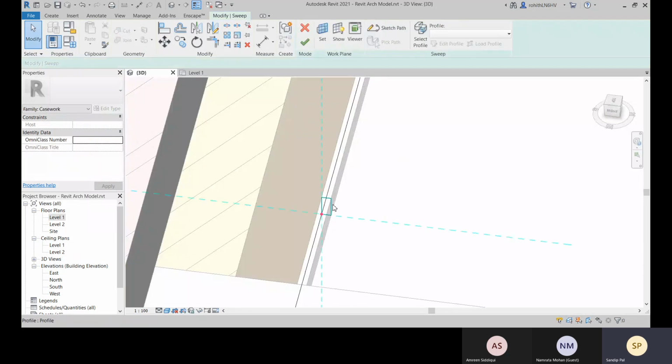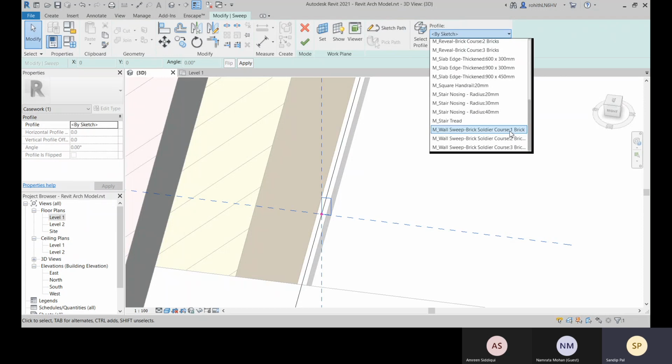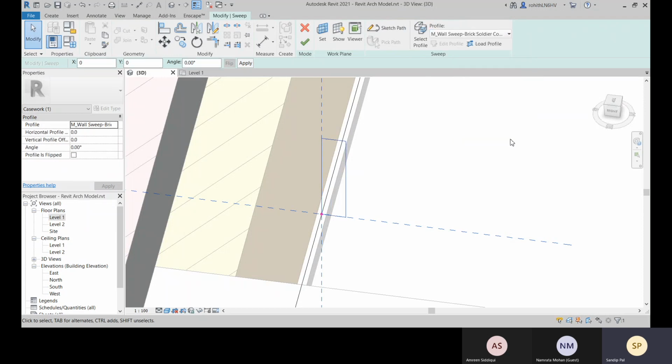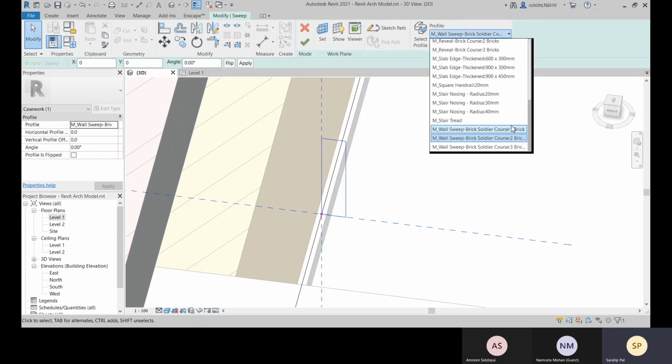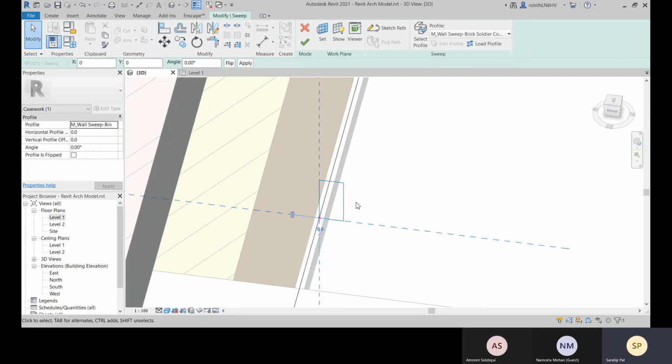So if you choose the profile like this one or this one or this one, for this profile you can change the flip, you can change the XY position over there.